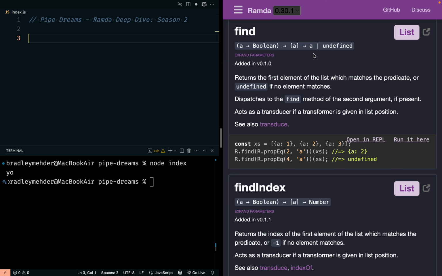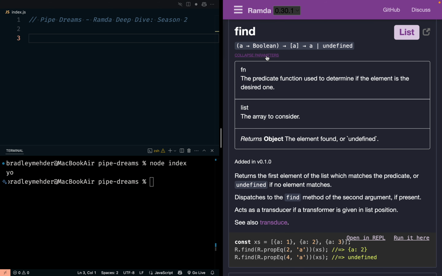And then it returns an A or undefined because the thing we're trying to find may not exist. So, let's look at this, expand parameters and just make sure it looks pretty much like what I said. It takes a predicate function and a list and returns an object with the thing that we found or undefined if it doesn't exist.